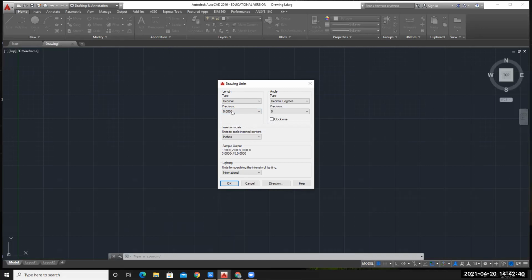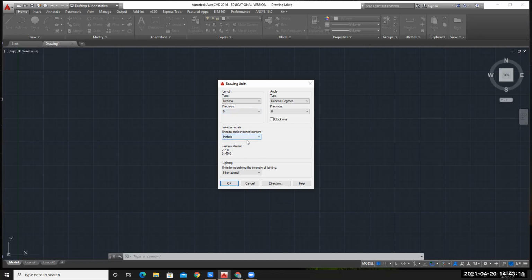If you want it to write only 100, then you have to go for this first option. If you want to keep one digit after the decimal, like 100.0, you have to go for this one. I will suggest you go with this first one. If required, if you have to work with that much precision, two or three digits after the decimal, then you can go for different options accordingly.